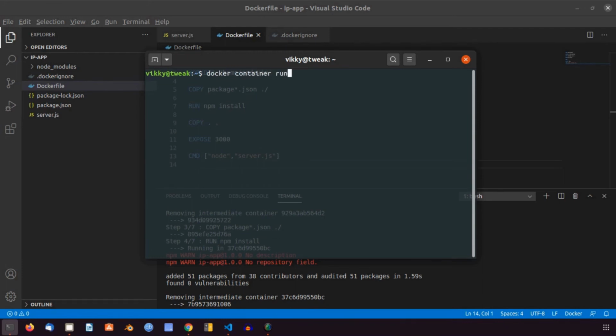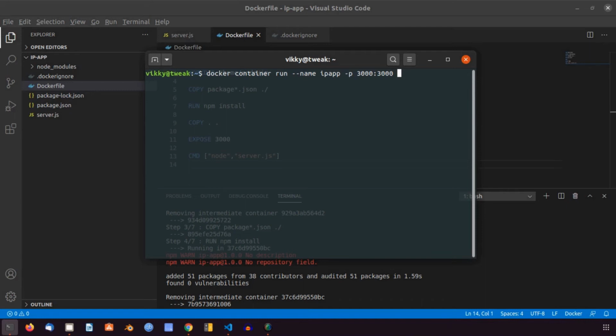So the command to start a container is docker container run --name, just to give a name for your container of your own choice, -p 3000:3000. By this I basically mean that I'm telling the firewall of this physical device to transfer all the packets that are coming into port number 3000 in this physical device to the port number 3000 of the container.